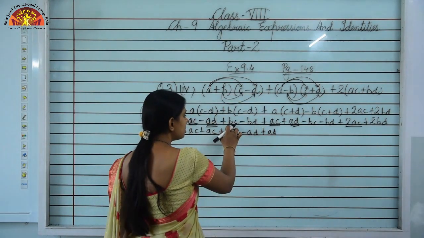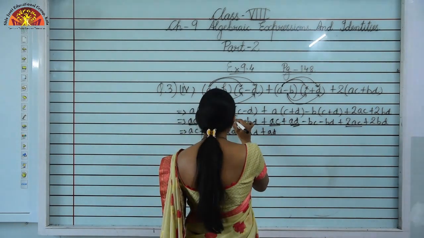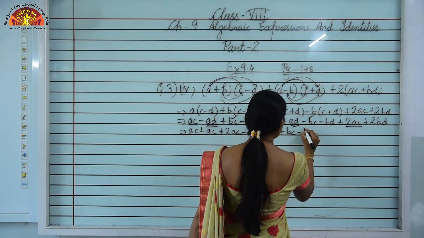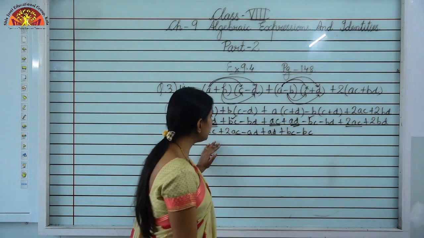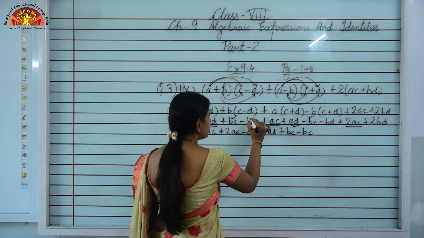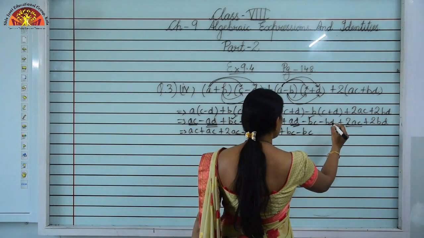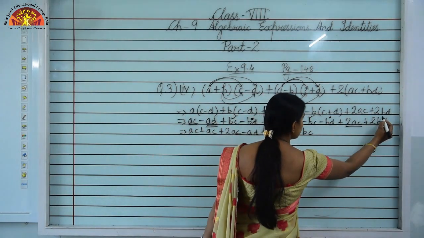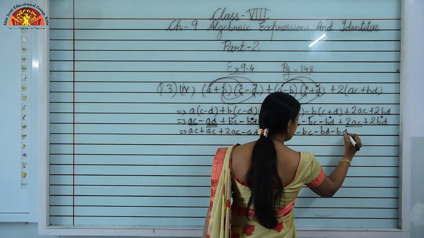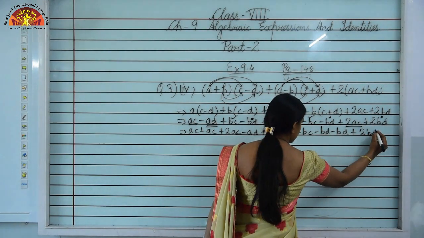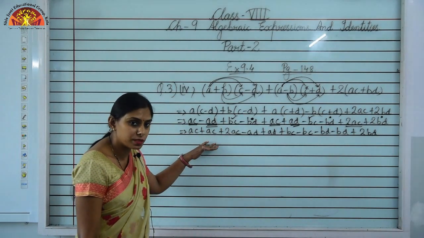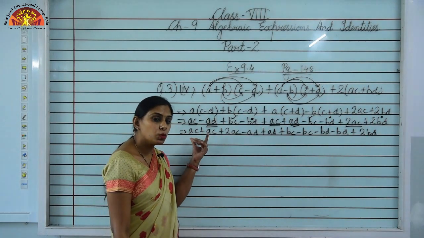Now we will just collect the terms with variable BC. So it is plus BC, then here it is minus BC. Now there are no more remaining terms with the variable BC. Now which is left? It is only BD is left. So it is minus BD, and here also it is minus BD, and here it is 2BD. So minus BD plus 2BD. Children, when you are just writing this step, you have to just count the number of terms. Okay, so it will make sure that no term is left.